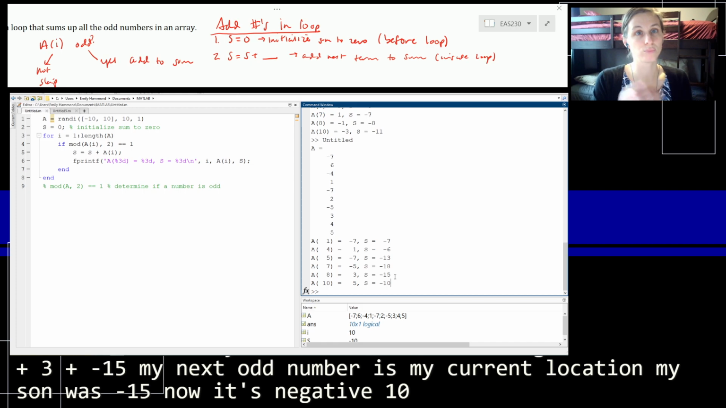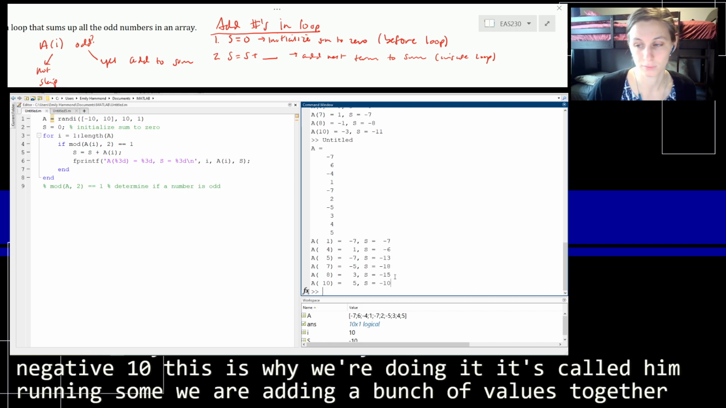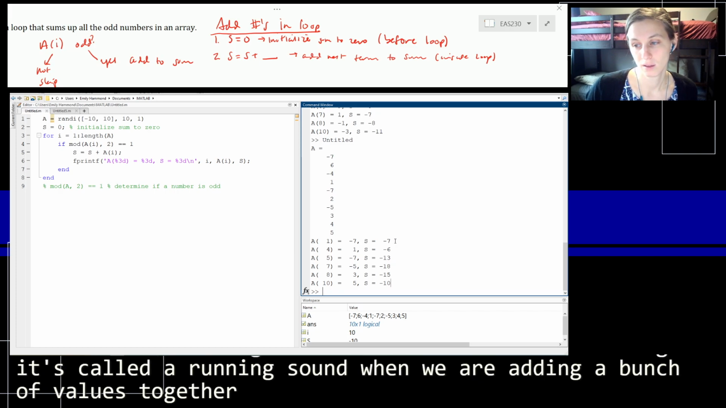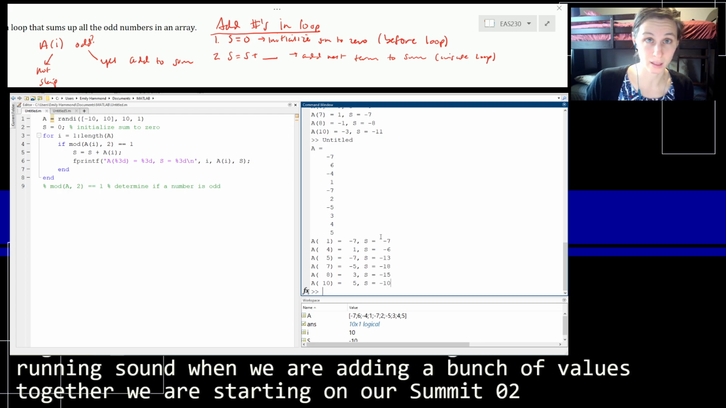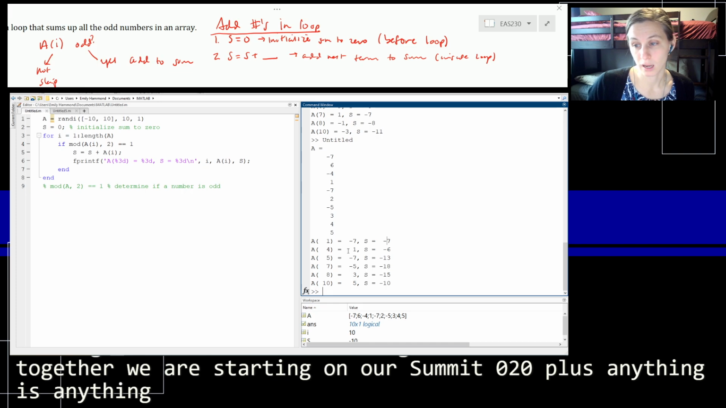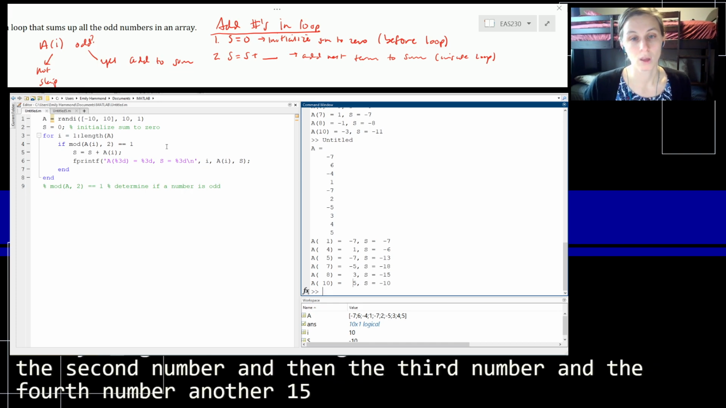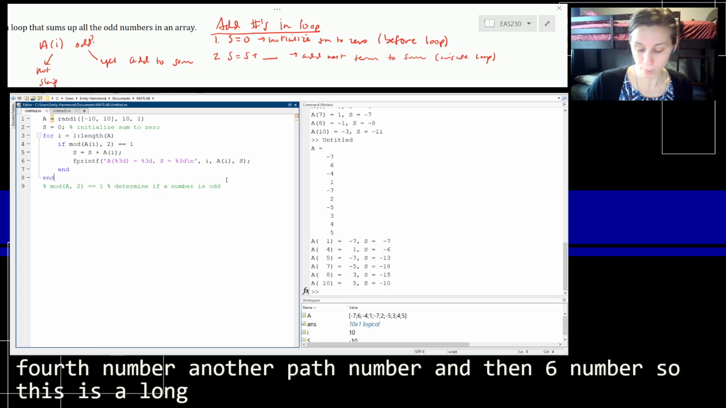And so when we're doing what's called a running sum, when we are adding a bunch of values together, we are starting out our sum at 0, because 0 plus anything is anything. So we're adding the first number, and then the second number, and then the third number, and then the fourth number, and then the fifth number, and then the sixth number. So this is the long way to do this in MATLAB, but